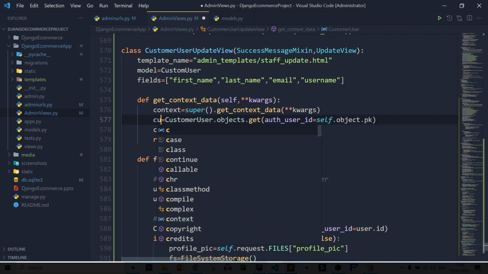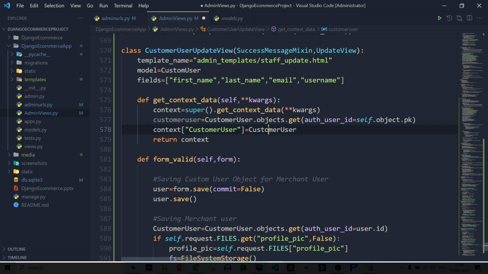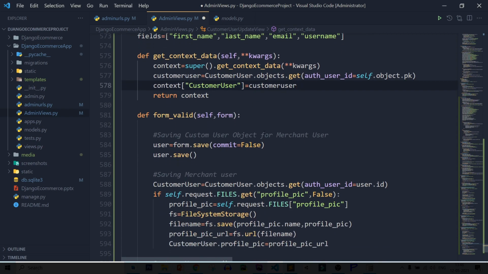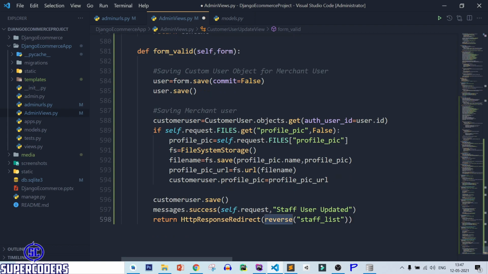After that, change the variable name to small. Customer user. Also change it to small letters, and small letters. Customer user updated.